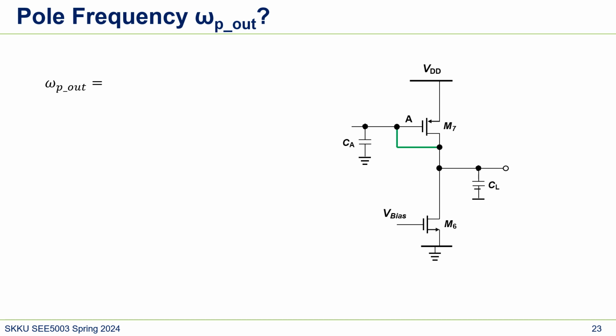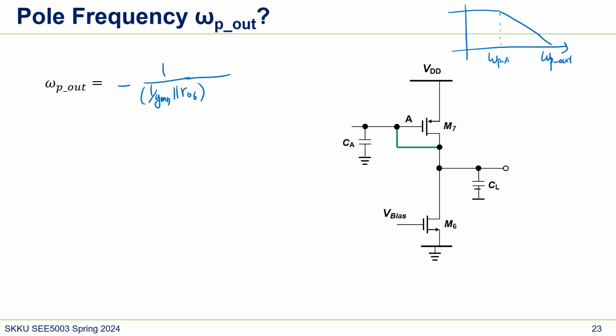So the pole omega P out, again, in terms of the Bode plot, we already passed this omega PA. We're looking at this omega P out at a faster frequency. In this region, we can consider the CC as a short, and now we can calculate the omega P out. So that will be minus, what's the resistance here? This is a diode connection, right? So it's 1 over GM7 in parallel with RO6, times CL plus CA, right? Because now it's shorted with CC. But because 1 over GM7 is a lot smaller than RO6,